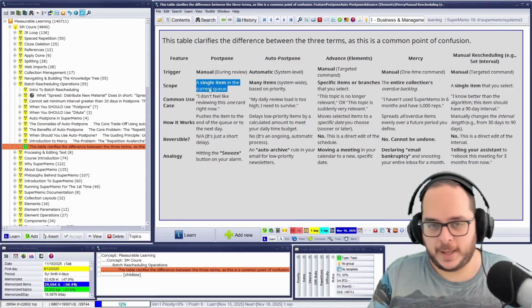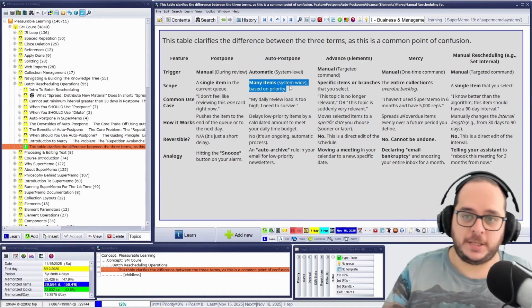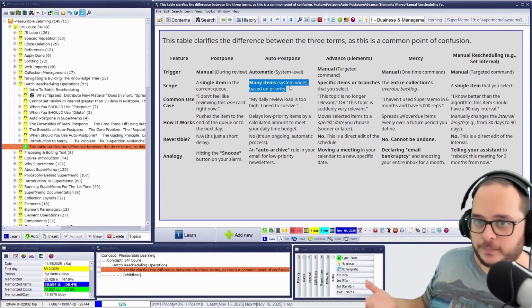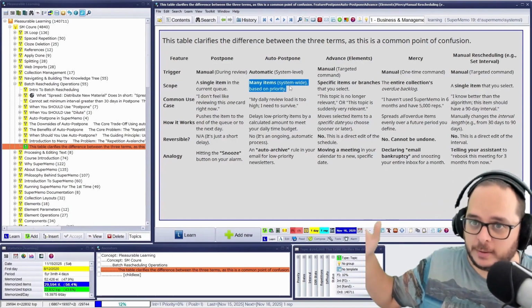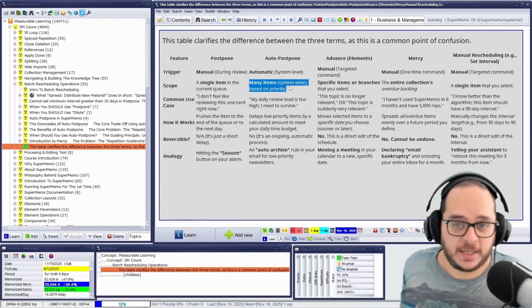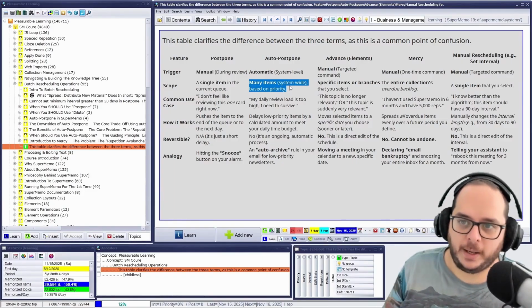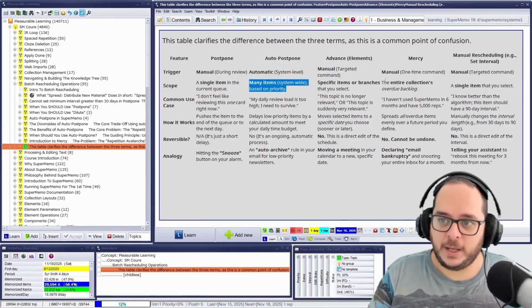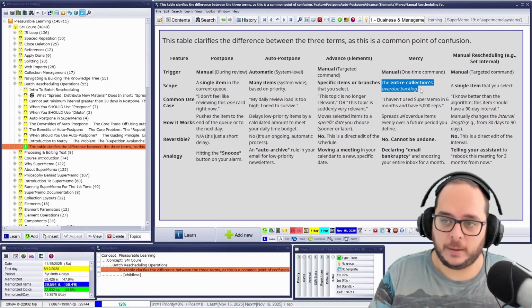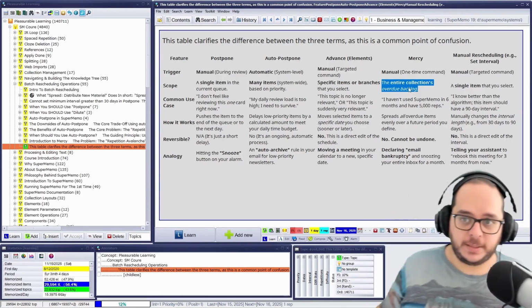In the sense that postpone is executed on the entire outstanding queue, and whatever fits the criteria will be postponed. It could be one, which could be rare, but usually there will be many. When you do mercy, it's the entire collection outstanding, the overdue backlog. It will be many elements.